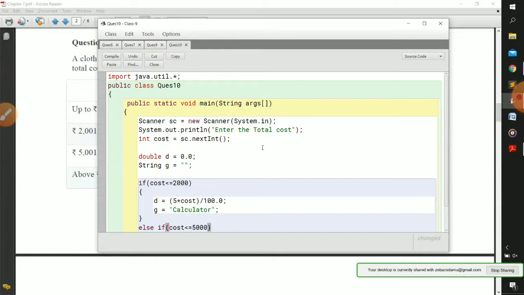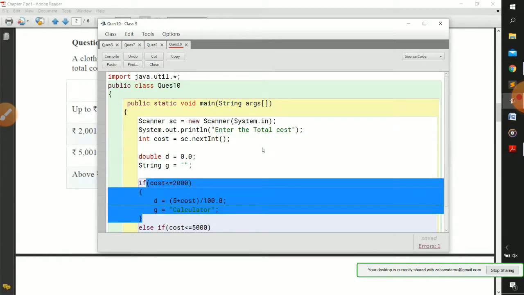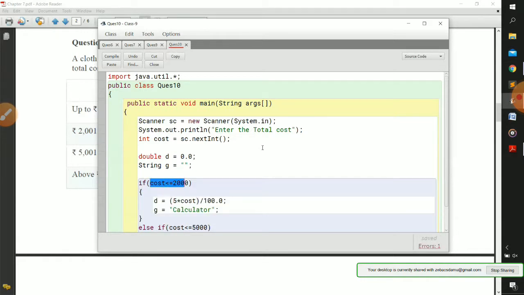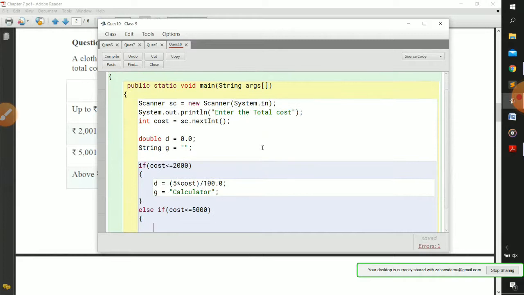See, we are using the if else if construct. So it will go into the else if construct only when the if construct becomes false, and if the if construct is false it means that your cost is more than 2000 rupees obviously. Okay, so that is why I am just skipping this first half portion. Now the discount will be 10%, so that is why 10 into cost divide by 100.0